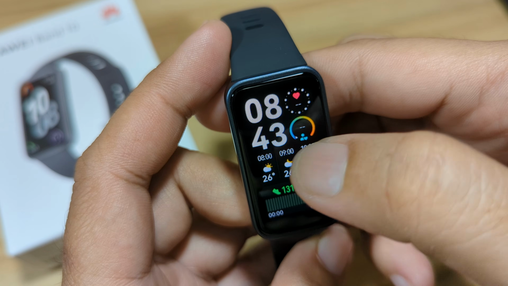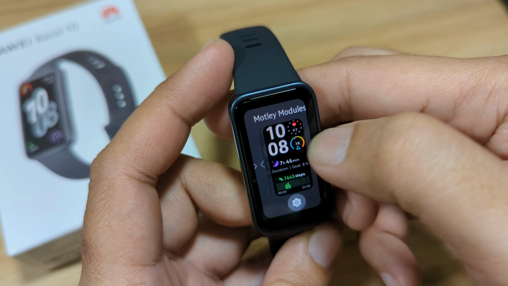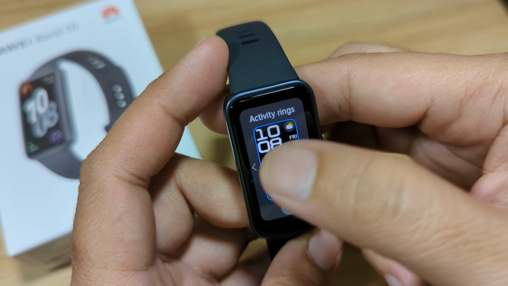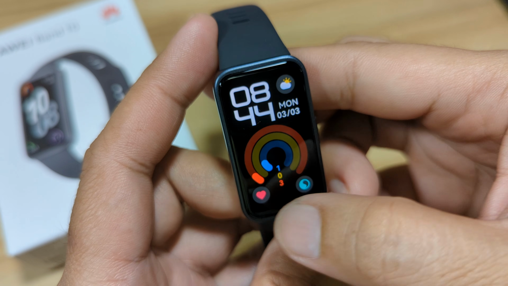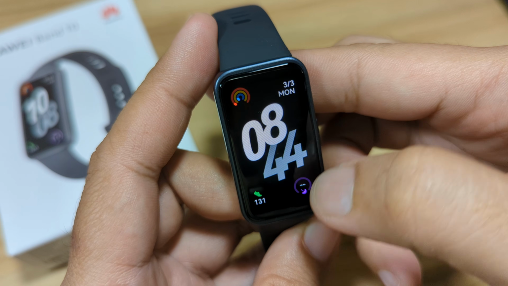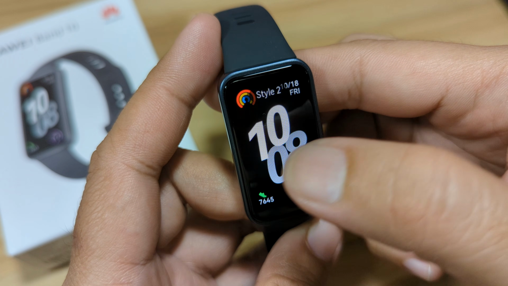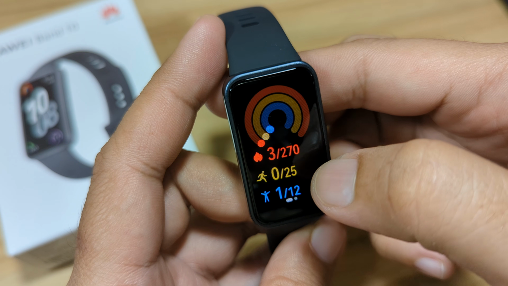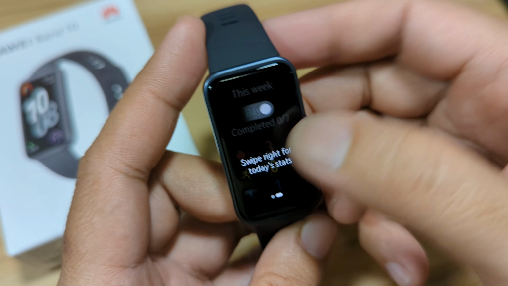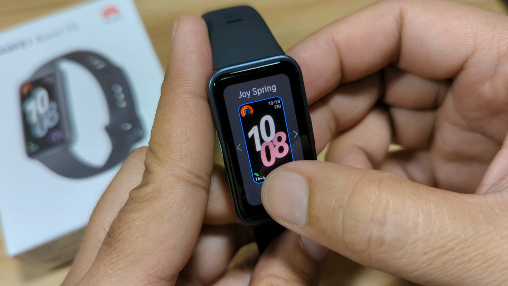Let's have a demo again. Let's pick this one. So you can change this. Let's pick this one, then edit, change this one, then let's go back, long press.